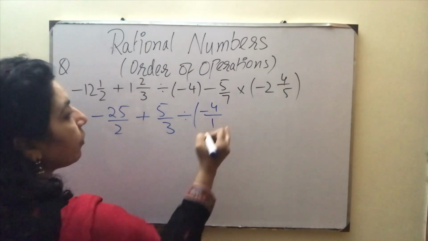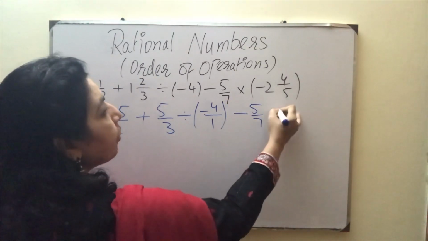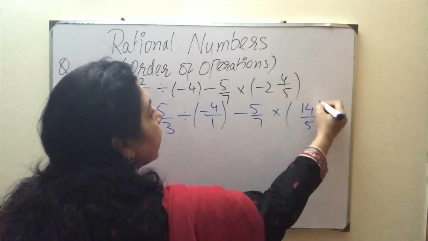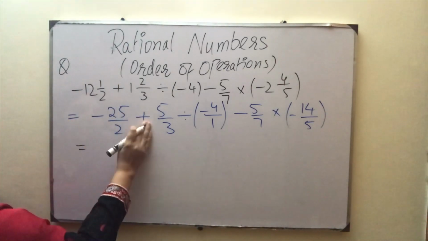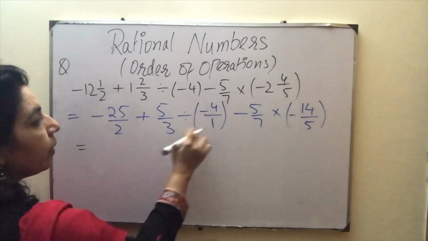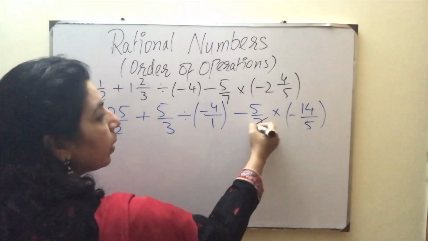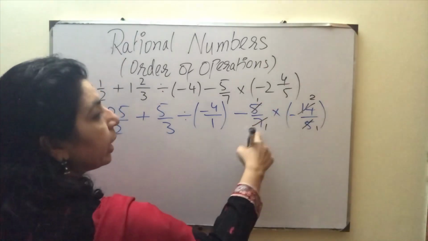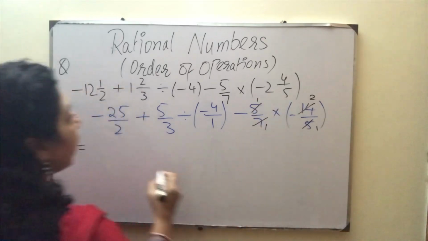Division sign as it is, I shall convert it in the next step. I shall make it a fraction because I have to flip it. Minus 5 by 7 multiply 5 multiplied 2 is 10 and 4, 14 over 5 negative. Okay, so in the next step I cannot cancel these because there is a plus sign. I will cancel if this is in a multiplication sign, but right now here I can cancel 7 with 14 and 5 with 5. One numerator with one denominator at one time.